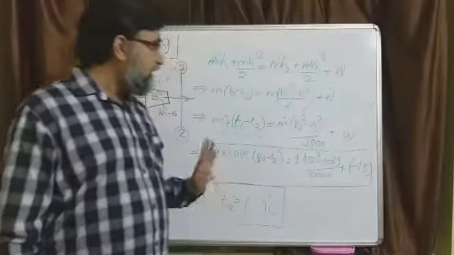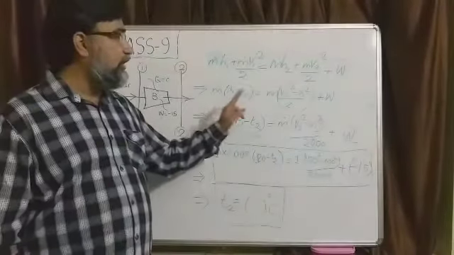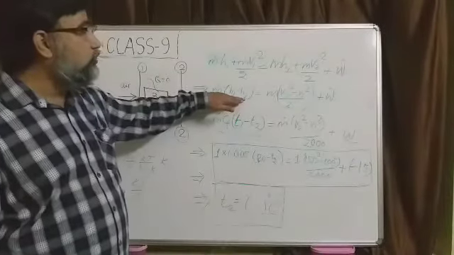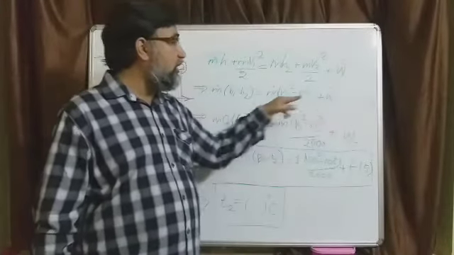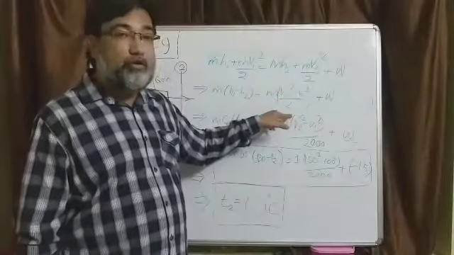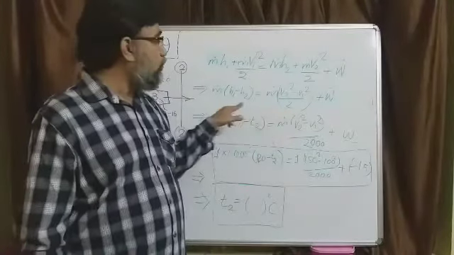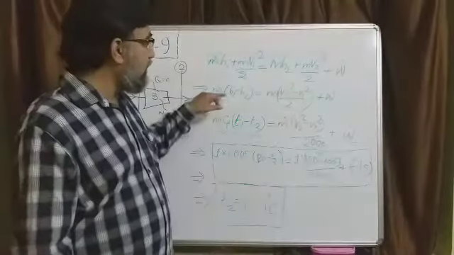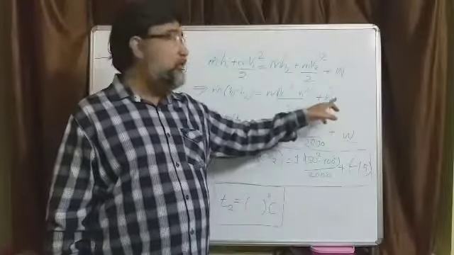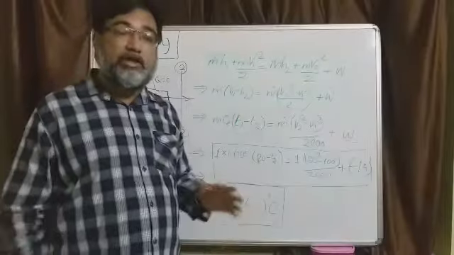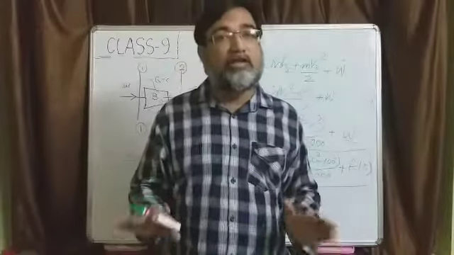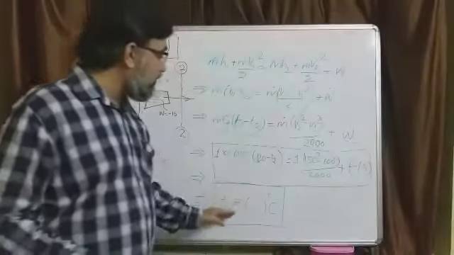Third thing is that every term in this equation should have the same unit. We checked that this is in kilojoules per second, this one is kilojoules per second, so this has to be in kilojoules per second, but incidentally this is in joules per second, so we divided it by 2000. You could have also done it otherwise: this is kilojoules per second, so make it joules per second by multiplying by 1000 and keep it as it is, then also it will work, because every term in the equation should have the same unit. That is the bottom line. Clear? So this is how you arrive at the last result.